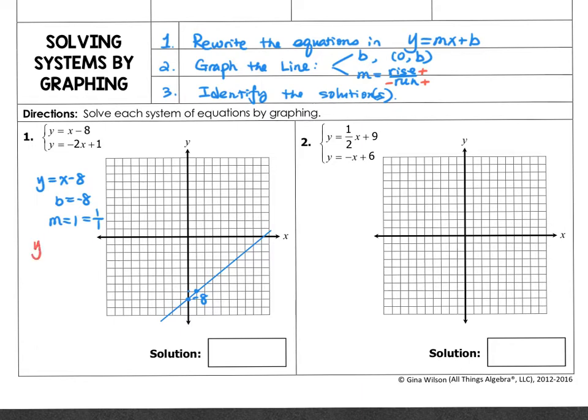Look at the second equation, y equals negative 2x plus 1. In this case, my b is positive 1. My m is right in front of that x, which is negative 2. So I'm going to rewrite it as negative 2 over 1, rise over run. So in this case, b is 1, so (0, 1) is where the y-intercept is. And from that point, I go for my slope, negative 2 over 1. So I rise by 2, and I run to the left by 1. And now if I graph that line together,